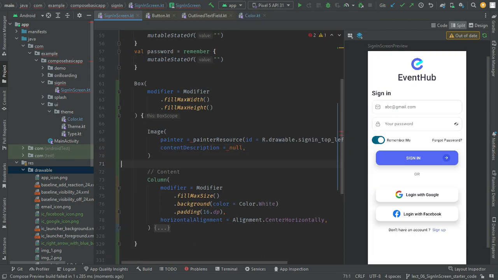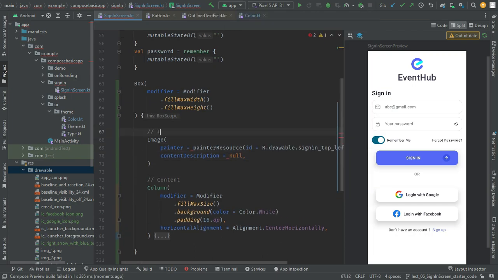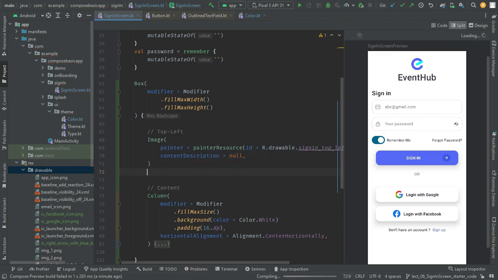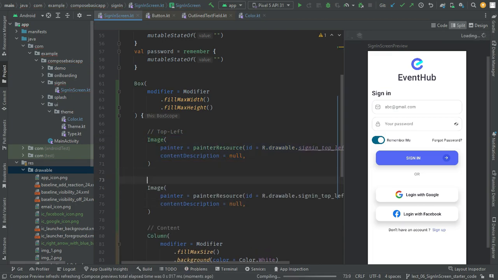I will name it as top left, and the next is top right,